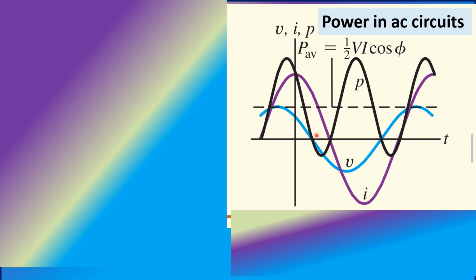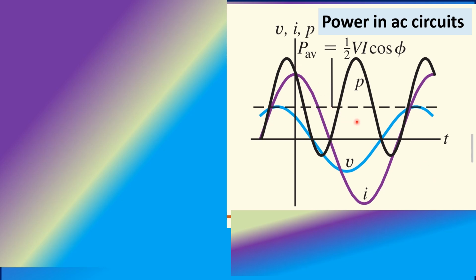If you notice, the positive loops of the power, with respect to the horizontal axis, the area of the positive loop is greater than the area of the negative loop, which means that the average power